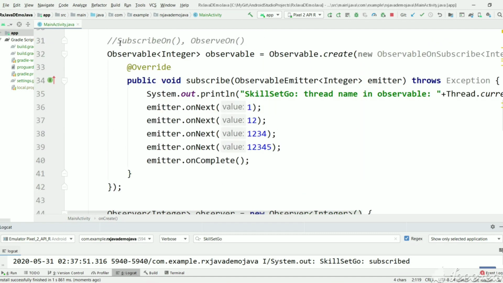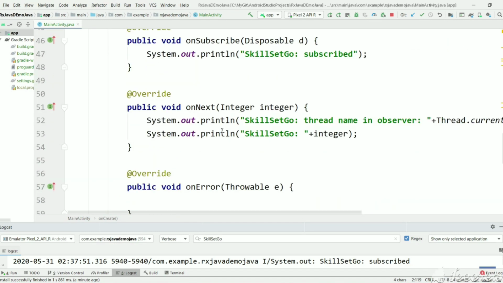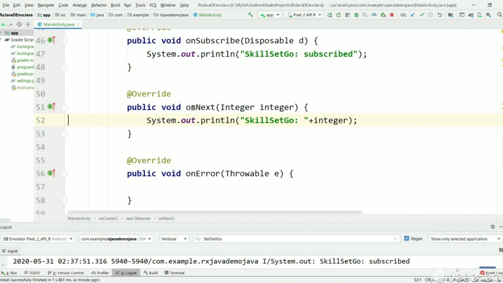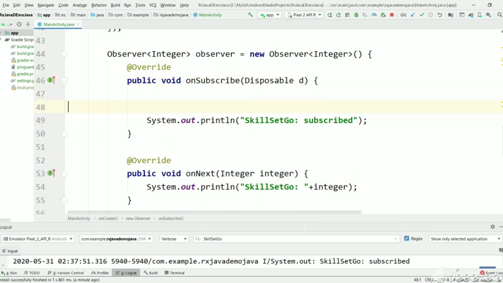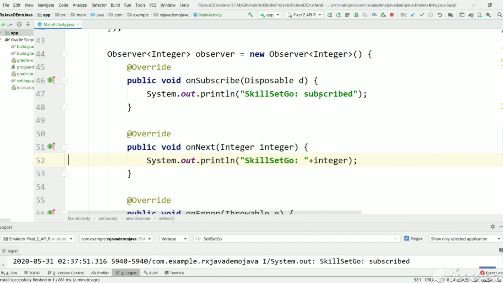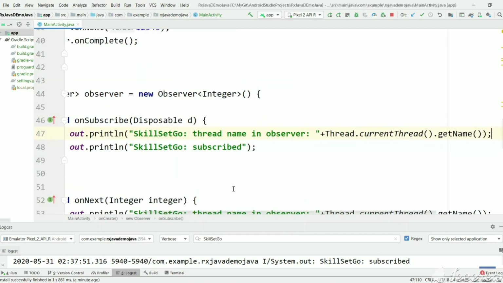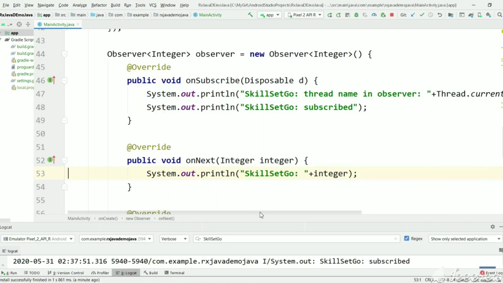The main use of subscribeOn and observeOn is to tell the observable and observer to run on specific threads. We will print this, and it is printing multiple times because multiple integers are emitted by the observable.